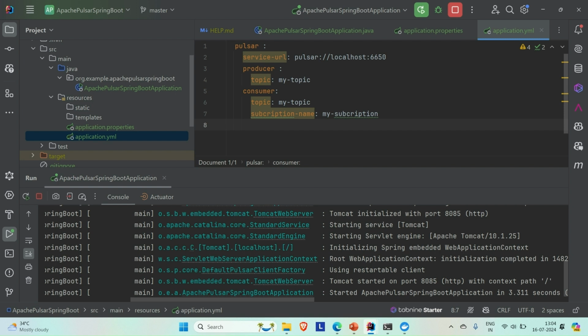also configured our topic under the producer, and the same topic I am going to use for the consumer as well. And then we also define the subscription name for the consumer. Okay, so it would not be this, it would be subscription name. So we are good. Now what we are going to do is we are going to create the producer first